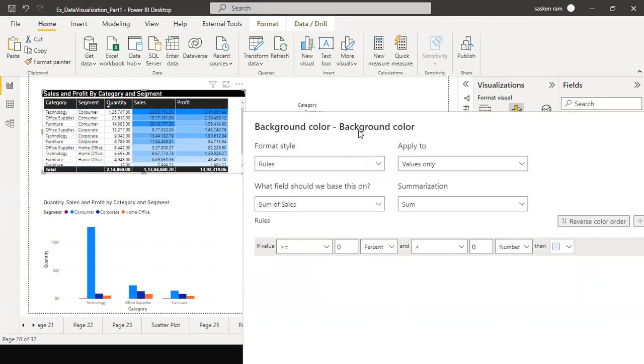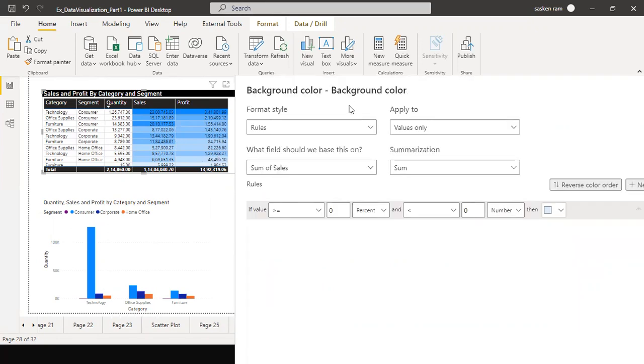So we know very well the traffic lights: green, amber, red. Red needs attention when it comes to visuals, but in the case of traffic, red means you need to stop, danger. So we are going to define our own thing. The sum of sales column, we are going to use it, with summarization sum. And if value is